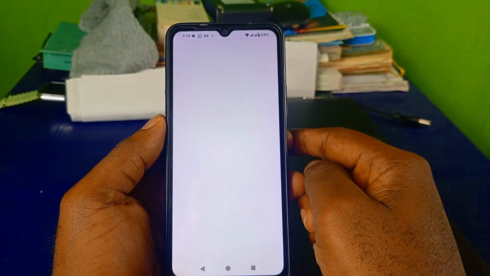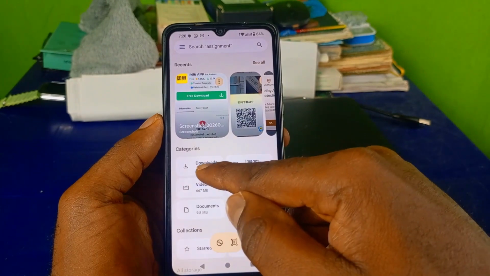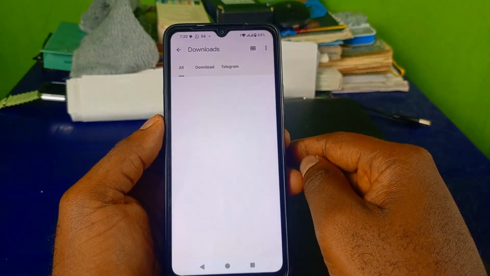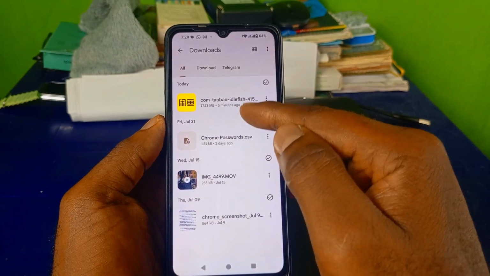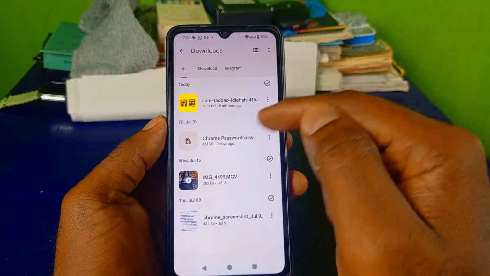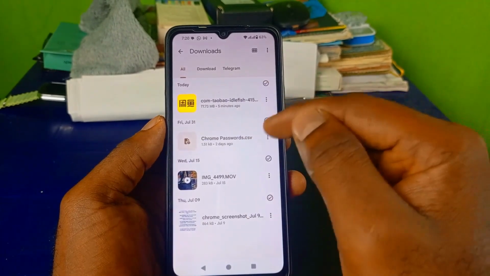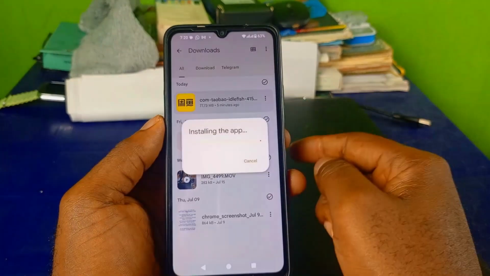Click on files. And the next thing you want to do is to proceed to your download folders. Then you definitely see your Shenyun app right here, successfully downloaded. The next thing you want to do is to run the setup and install the app on our Android phone. So for that, go ahead and click on the app,